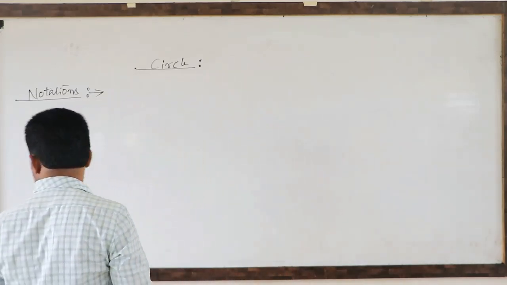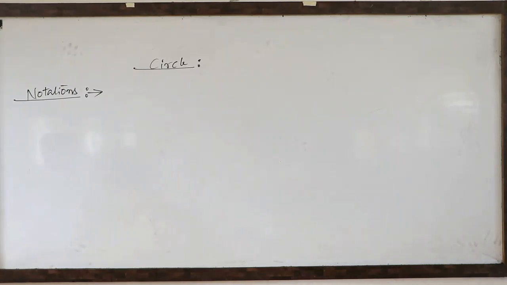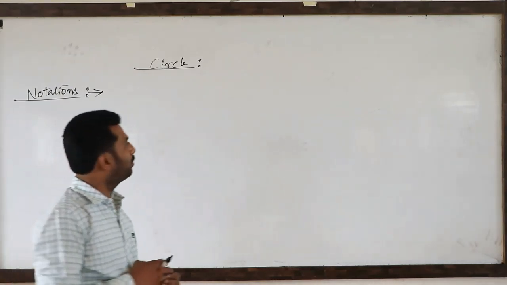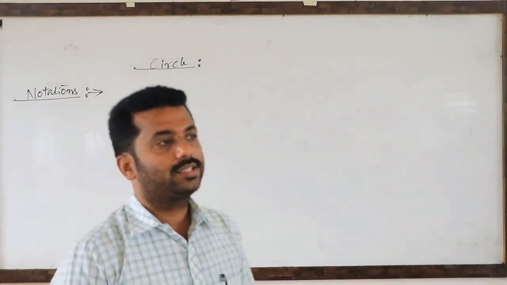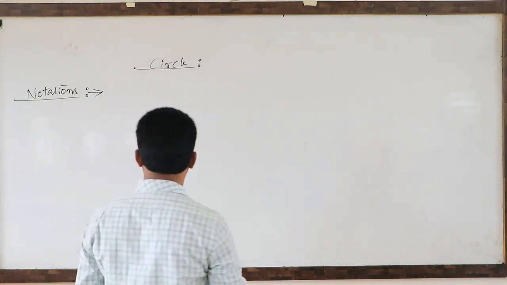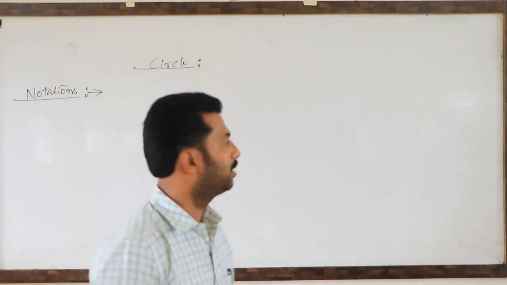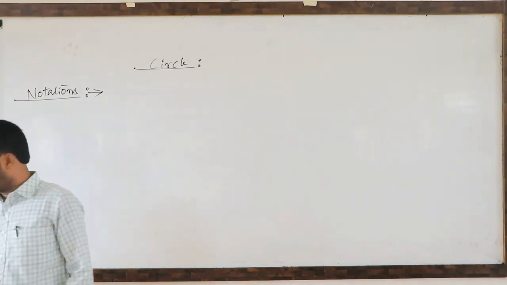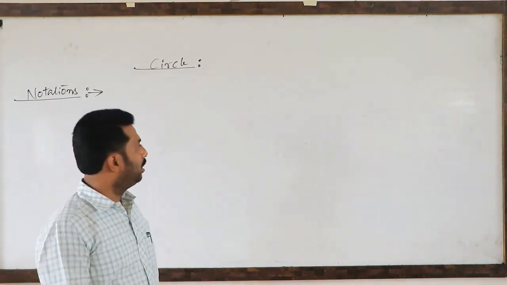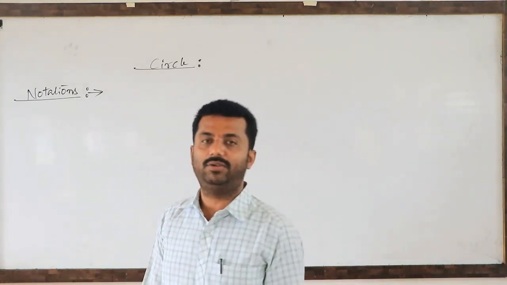Last class we discussed the concepts of the position of a circle with respect to the coordinate axis, meaning one circle touches the x-axis, intersects the x-axis, or neither touches nor intersects the x-axis, and likewise the y-axis. If you learn these concepts clearly, they are the most important from the entrance exam point of view. In theory there are no such concepts.